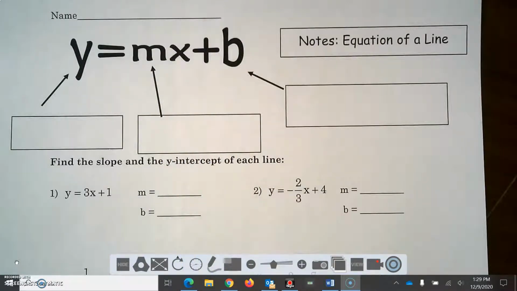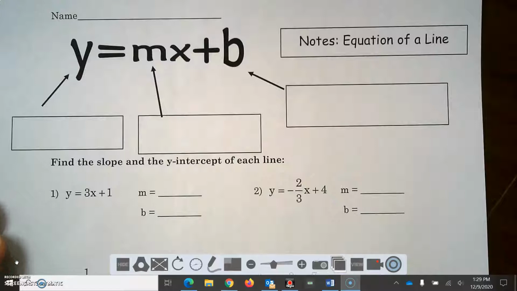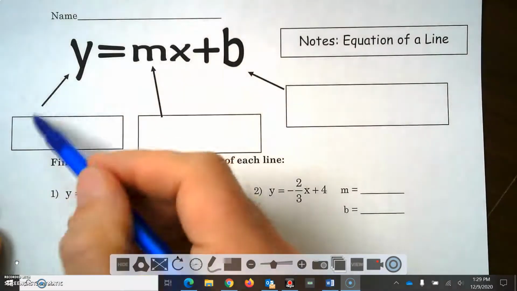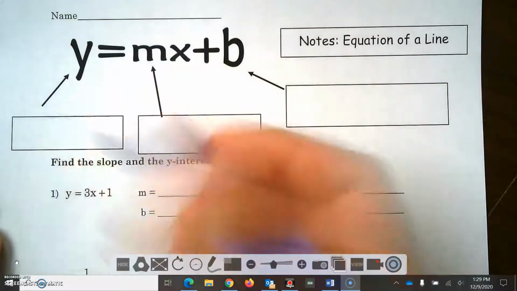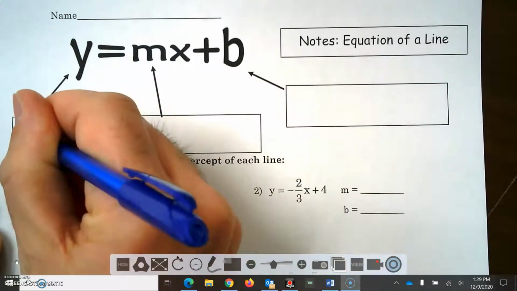Well, not in this assignment, but soon we will be graphing without making tables. But we have to know what these numbers mean and how to use them. So it starts with what we do today. Okay, so fill in these notes a little bit. This arrow, let's just imagine, is pointing to the whole thing. This equation is in